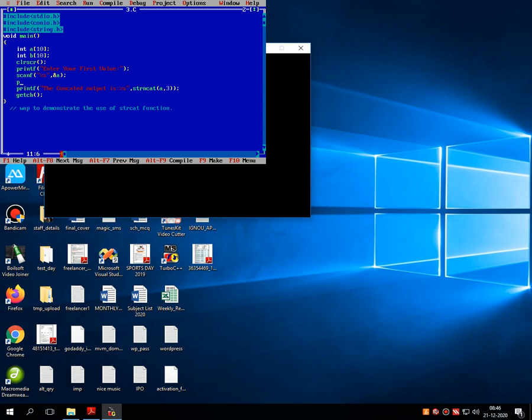Print, enter your second value. Destination should be given, scanf %s comma b, and then a comma b comma 3.